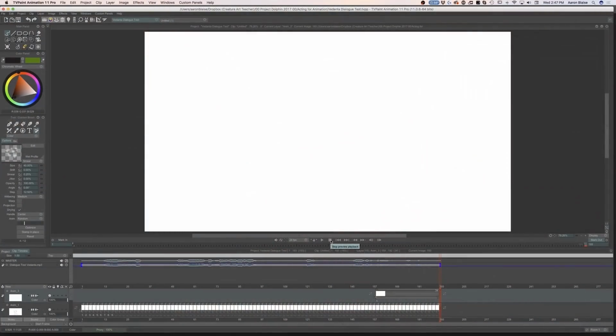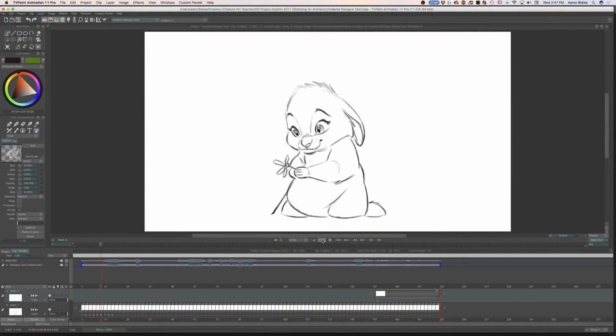Okay? Now, you can have poses that very subtly just change a little bit, and then have animation within those poses. And so it's really up to you on how broad the dialogue is and that sort of thing. But in this case, without going really over the top with how broad everything was, I wanted to take these poses and make them different enough that we're really going to feel those attitude changes. So I'm going to play it again.